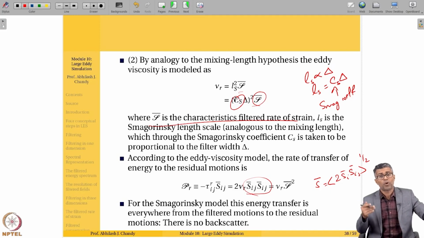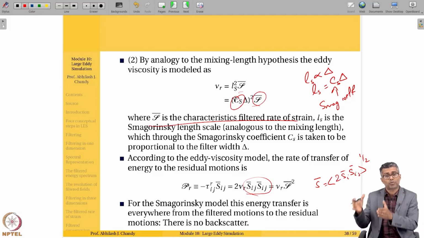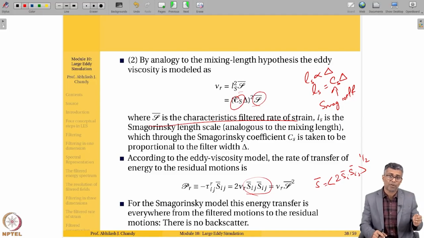Some examples where you could have backscatter are stratified flows, magnetohydrodynamic flows, where the flow stretches in one direction and the small scales become larger and larger. That means there is an energy transfer from the small scales to the large scales. It is during those situations that the dynamic version of the Smagorinsky model will be more accurate, because the classical version of the Smagorinsky model assumes that there is no backscatter,